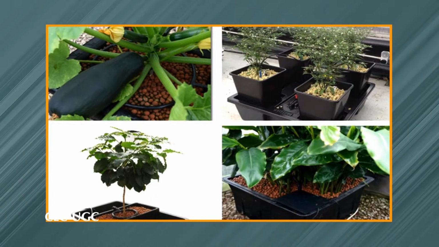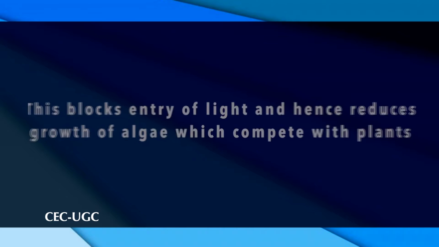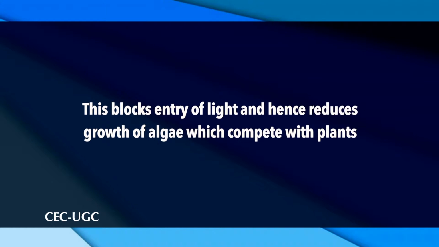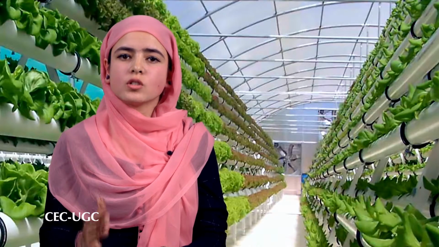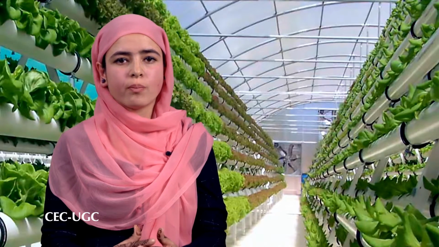In some cases, the container containing the plants is wrapped with an opaque material or painted black. This blocks the entry of light and hence reduces the growth of algae which compete with the plants. Hydroponics is used in commercial production of many greenhouse crops. In some cases of commercial hydroponic culture of plants,